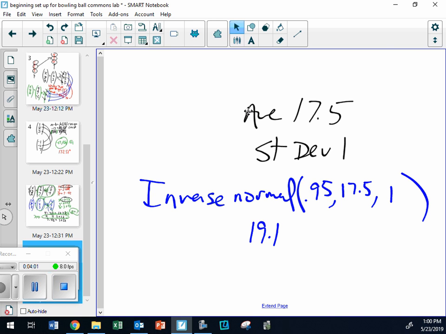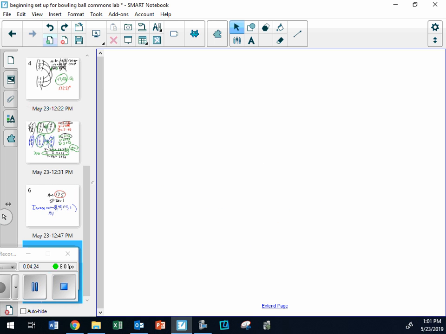The standard deviation being 1 around an average of 17.5 is not normal distribution. Now I was assuming it was normal distribution, but technically it wasn't. And we won't fool you like that on the test. I'm just trying to say why this didn't work out nice, because it wasn't a normally distributed population. Okay, that's enough review. Now let's talk about the new stuff.